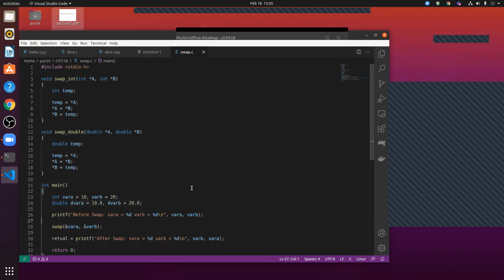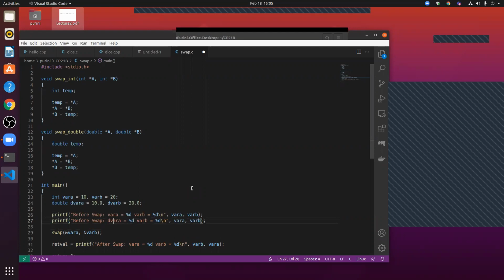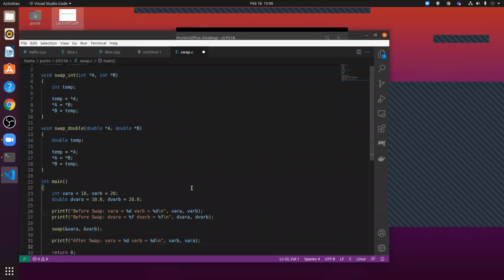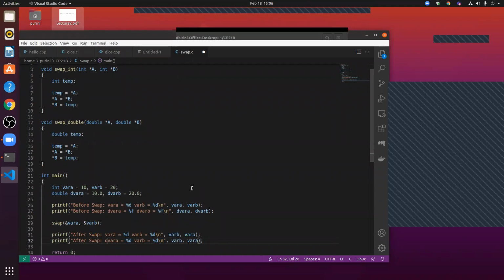Okay, so for the sake of simplicity, before swap printf, dvar a is %f, dvar b is %f, and after swap. So %lf, in this case it may, okay.